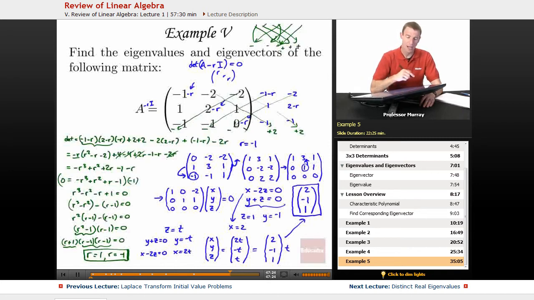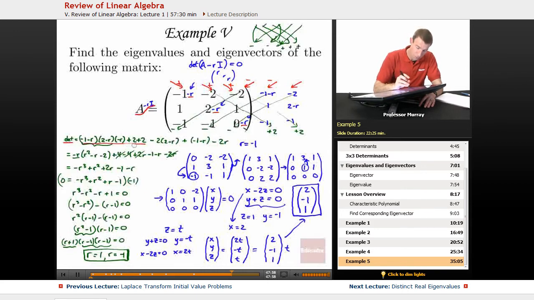I'll go over this in red here because it looks like I've already used up the blue and the green. What we first did was we looked at A minus rI. That meant we subtracted an r on the main diagonal, and then we found the determinant, which meant cross-multiplying 3 main diagonals and 3 back diagonals. Remember, each of the forward diagonals is going to be plus, and each of the back diagonals is going to be negative. So you're multiplying positively all these forward diagonals,